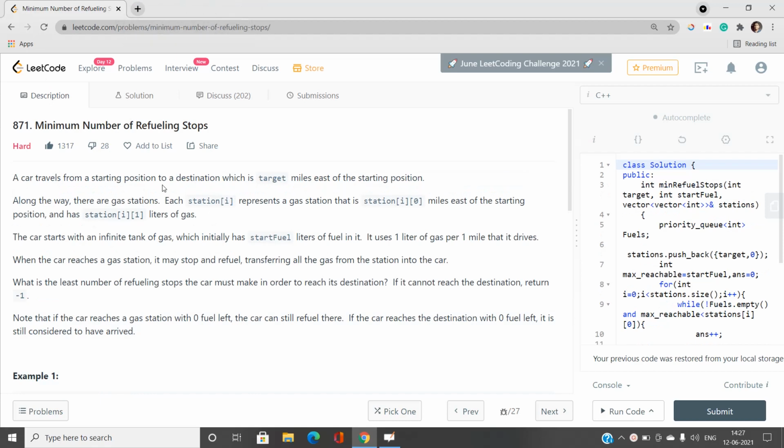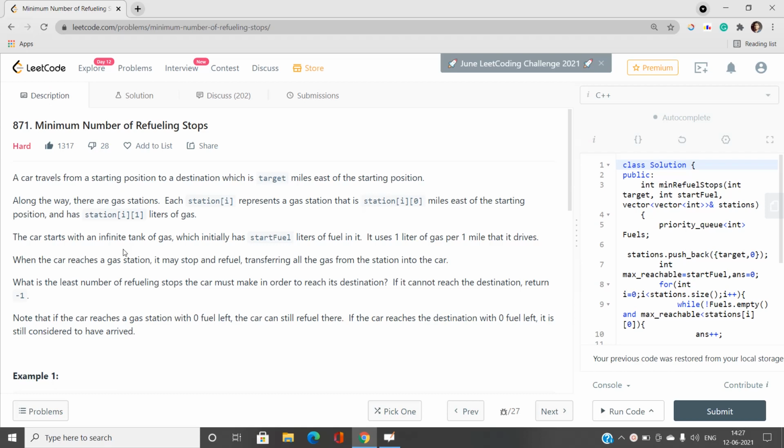This problem also requires the concept of dynamic programming, but I have not done this question with dynamic programming because it takes a time complexity of O(n^2). What I have done is use a multiset sorted in reverse order, that is, in non-increasing order, or you can also use a heap data structure, that is a priority queue.